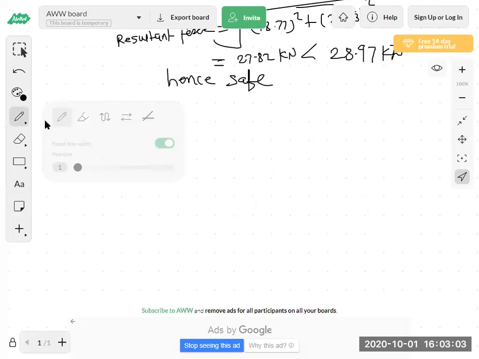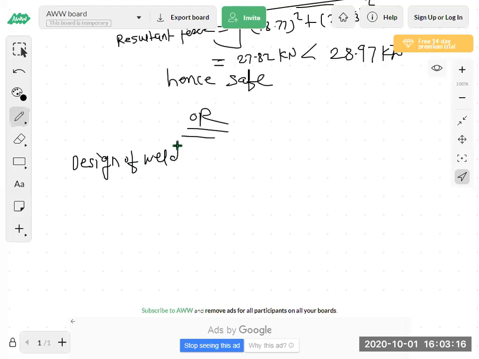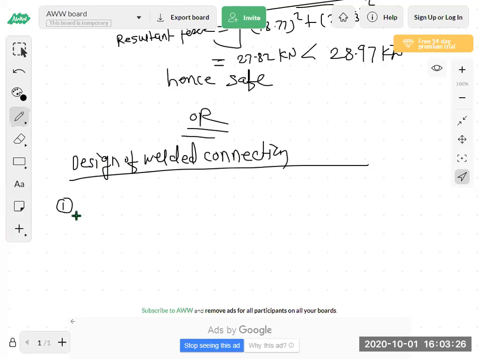Okay, so now here we will use design of welded connection also. एकाच प्रॉब्लेम मध्ये आपण दोन्ही कनेक्शन बघू. Design of welded connection. So welded connection is so easy. So initially for welded connection we have to calculate the size of weld. We have to take size of weld. So now actually it is again depends upon the